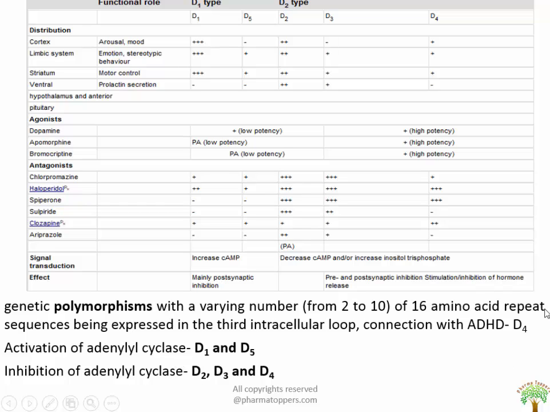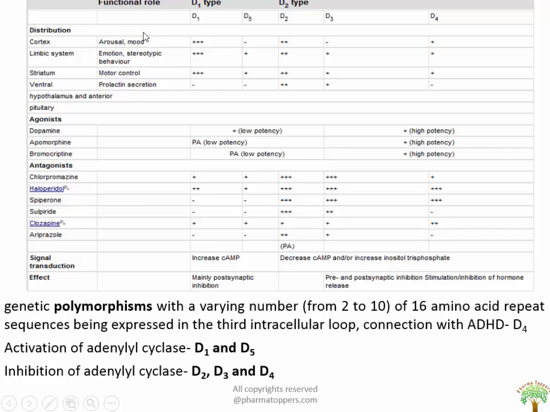The point to be noted is that the D4 receptor, which is involved in the genetic polymorphism with a number of 2 to 10 of 16 amino acid repeated sequence, and expressed in the third intracellular loop, which is connected with the attention deficit hyperactivity disorder. So in this chart, the point to be noted is about